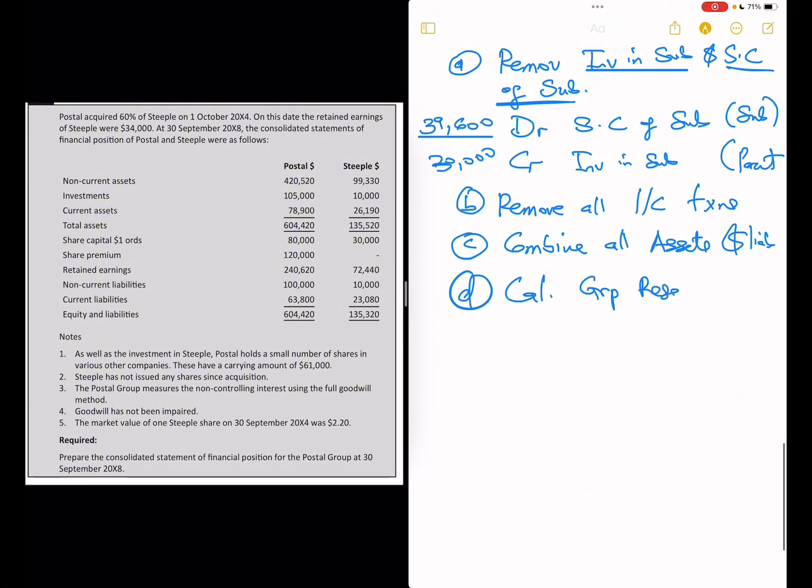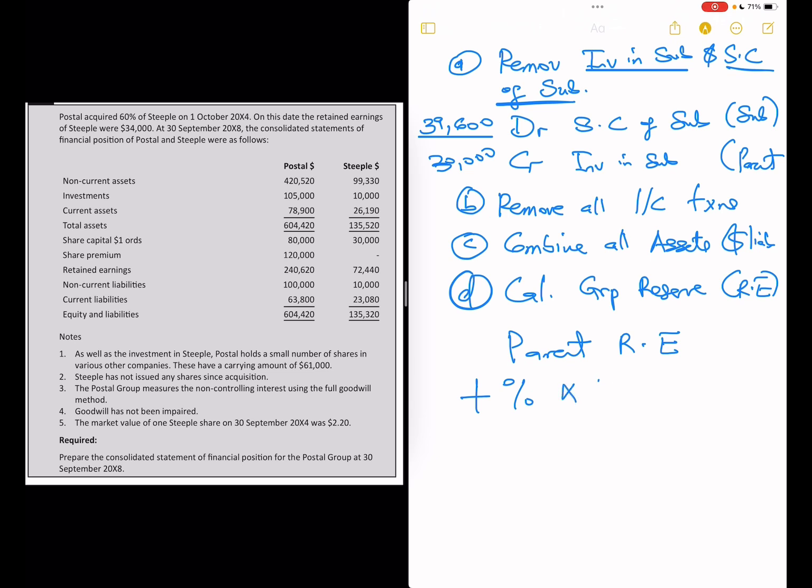The only reserve we have here now is our retained earnings. And I've told you the way to calculate group reserve: the formula is parent reserve, you don't need to make any adjustment to the parent. You just need to add percentage acquisition,